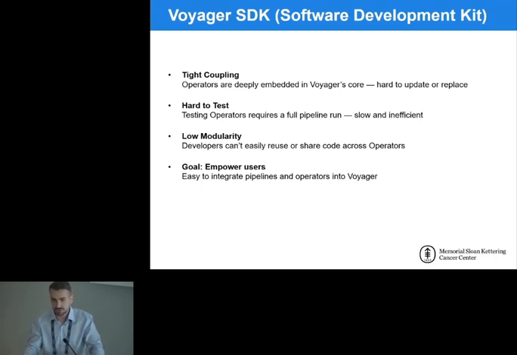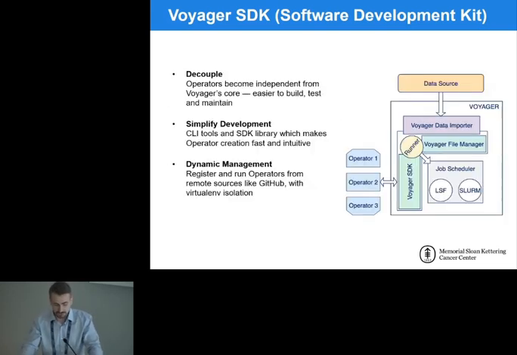With more groups within our institution willing to use Voyager automation, we needed to empower them so they can integrate their own pipelines and operators into Voyager. So that's how the Voyager SDK became an idea. We wanted to decouple the operators; they had to become independent from Voyager's core. We did that by building CLI tools and an SDK library, which makes operator creation fast and intuitive. The other important thing was to build a dynamic operator management system, so when somebody builds their operator and tests it locally, it can be registered within Voyager